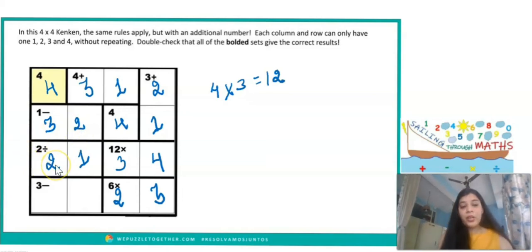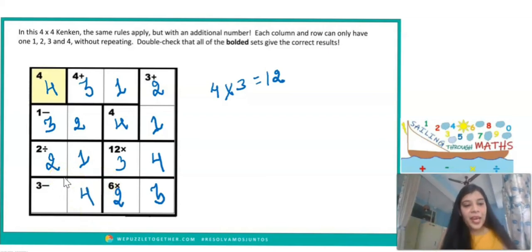Now see, if you are going to divide, 2 divided by 1 is going to be equal to 2. So this is just another way of checking whether the numbers we have got here are correct or not. And you can clearly see that they are correct. Now see, 3, 2, 1 are already used in the second column. So the last number which is going to come here is going to be equal to 4.